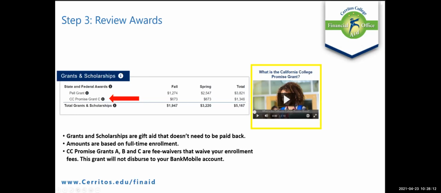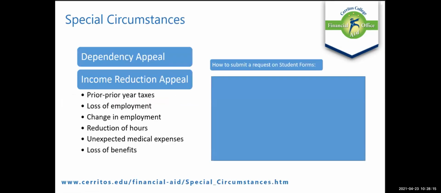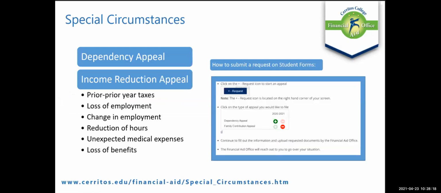So good questions. We talked about the videos. The next thing I want to make sure we touch on is special circumstances. The 21 to 22 FAFSA and DREAM Act, which hopefully you have all completed by now for next year, utilizes income information from 2019. We all know what happened shortly after 2019. We were hit with this pandemic, and a lot of household incomes decreased in 2020. Unemployment has been high, companies are losing money, and the economy hasn't been doing as well.